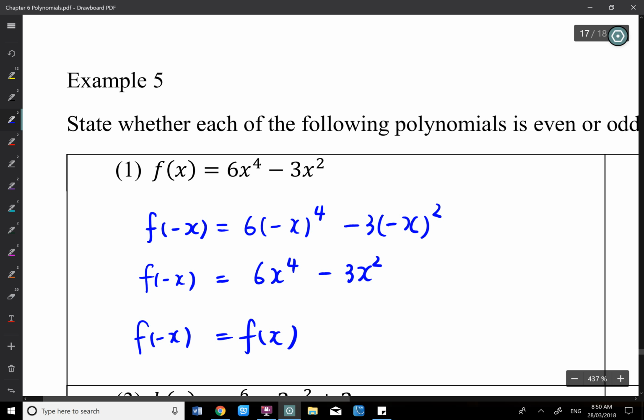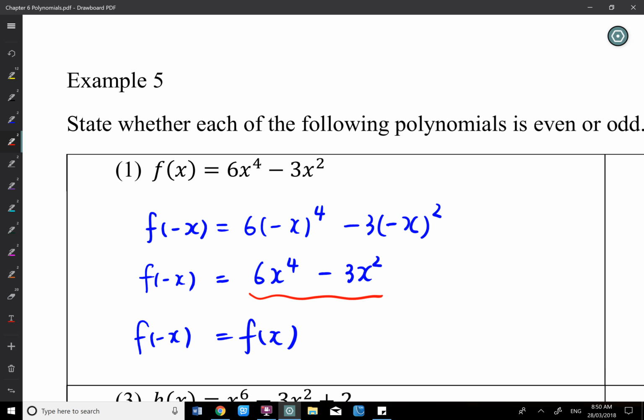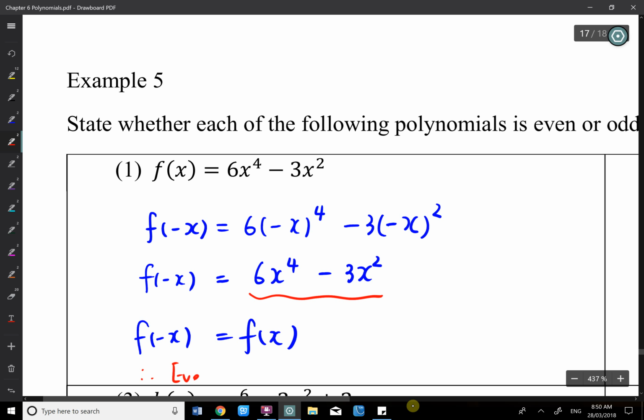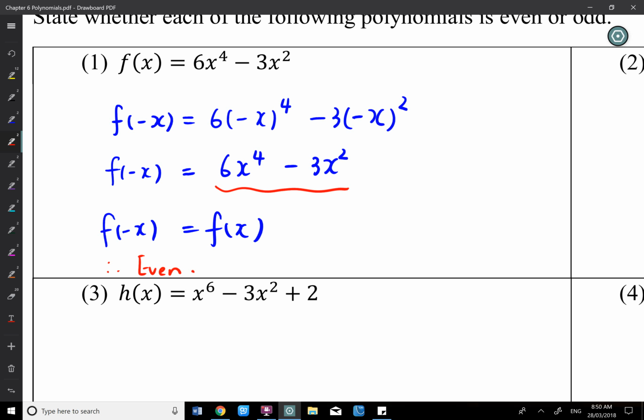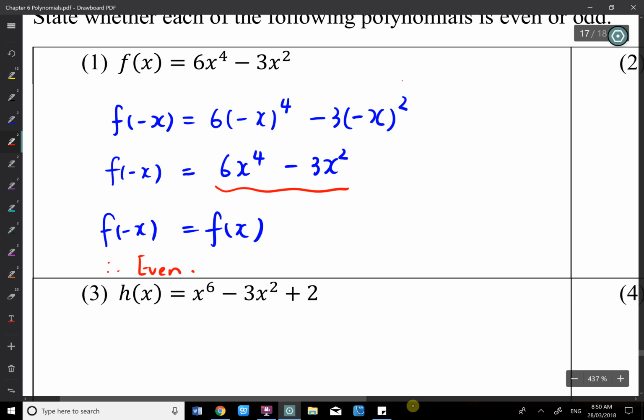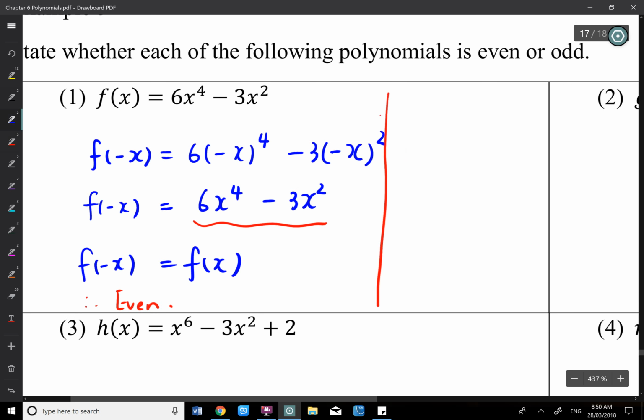What you get here is the same as f(x). So the statement we can make is that f(-x) equals f(x), and therefore it is an even function, because it satisfies the formula. But what you can't do, and I think some of you might do this because I see it every year,